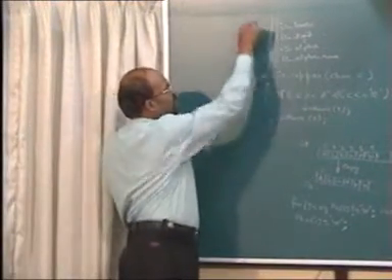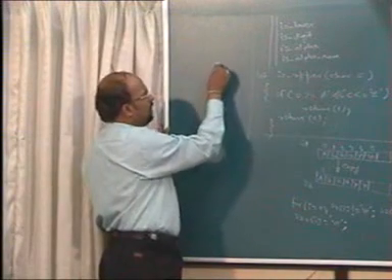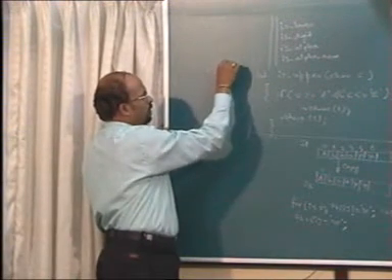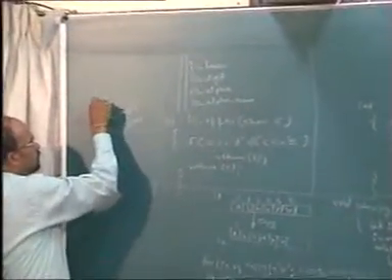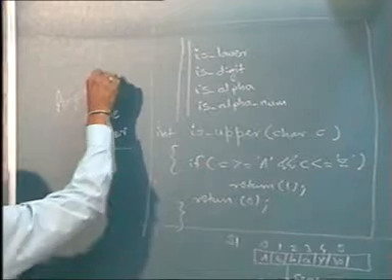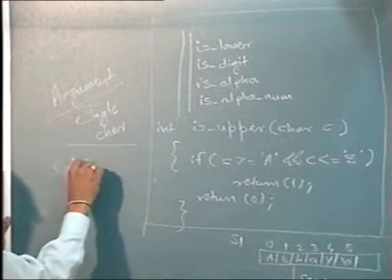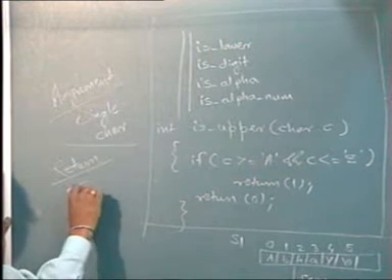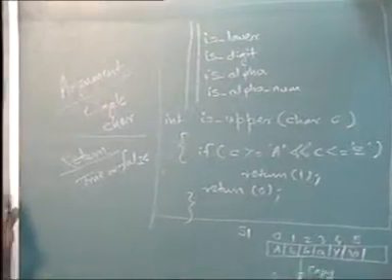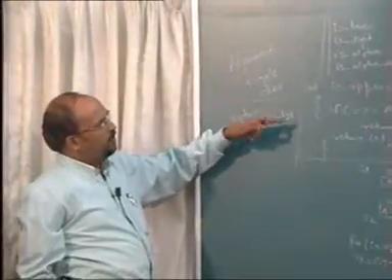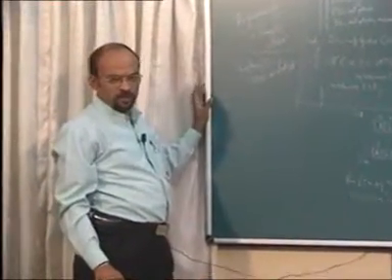And all these functions that I am asking you to write, all these functions will deal with a single character, and all of these will answer. So the argument for all of them is a single character, and all of them answer true or false. This is like a question, all these 5. But the sequence should be is upper, is lower, is digit, is alphabet, is alphanumeric. Okay.